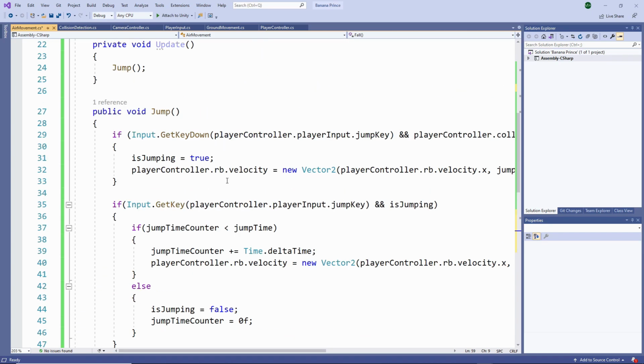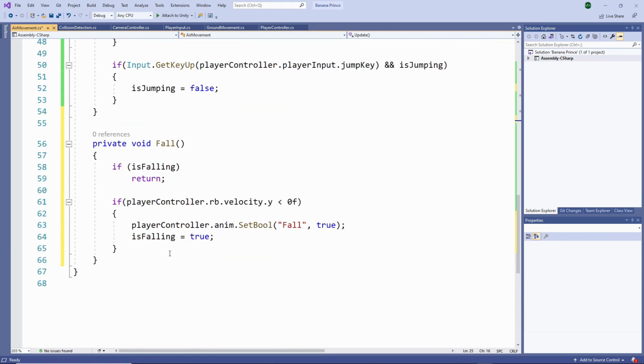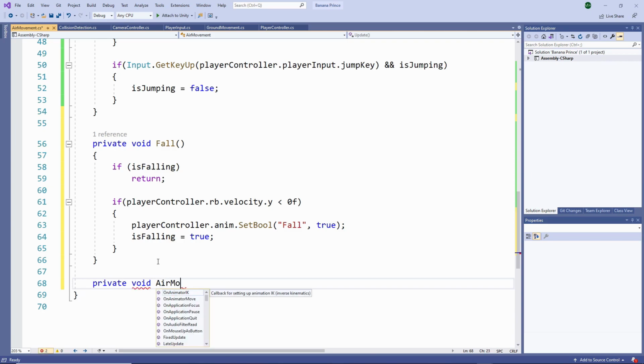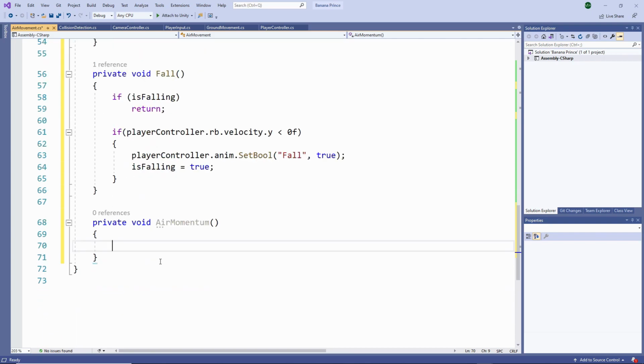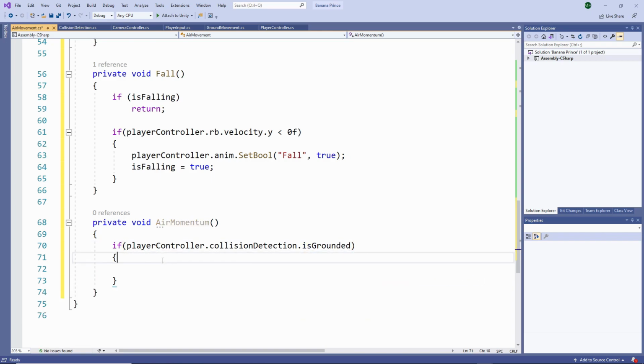Alright, now let's call the fall function in update. So after we jump, we fall. And finally, to reset our fall parameter and the is falling boolean, let's create a private void named air momentum. So in here, when the player is not grounded, so player controller dot collision detection dot is grounded, not grounded. So we will add the logic for our air momentum here, but else when we touch the ground,